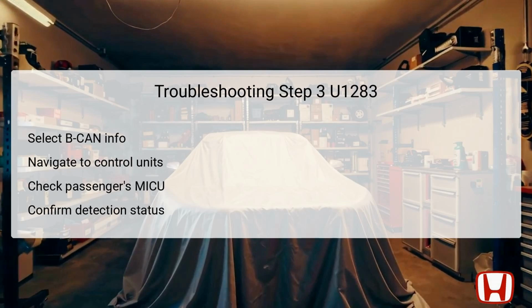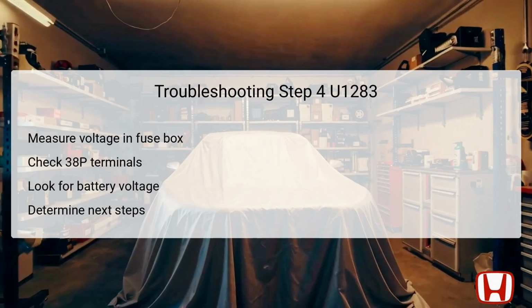If not, you will return to the earlier troubleshooting steps and analyze the connections and wiring. Confirming the detection status is vital, as it indicates whether the communication link is still intact or if there are further issues to resolve. The next step involves measuring the voltage between the body ground and the passenger's under-dash fuse